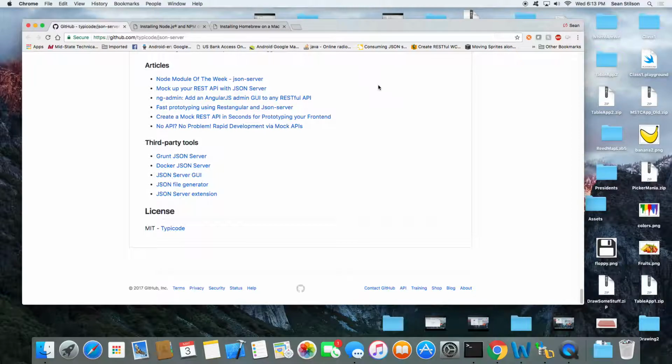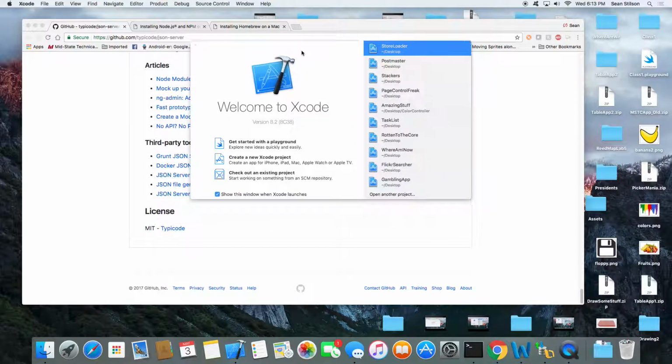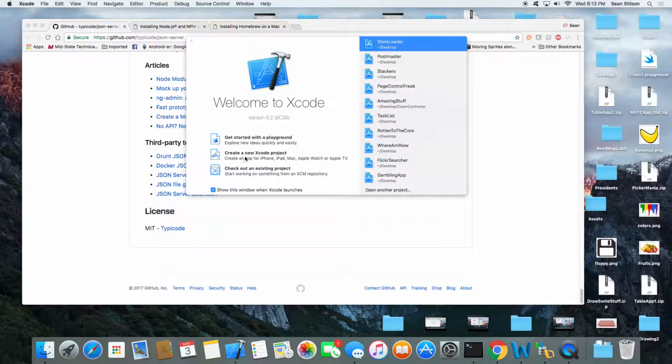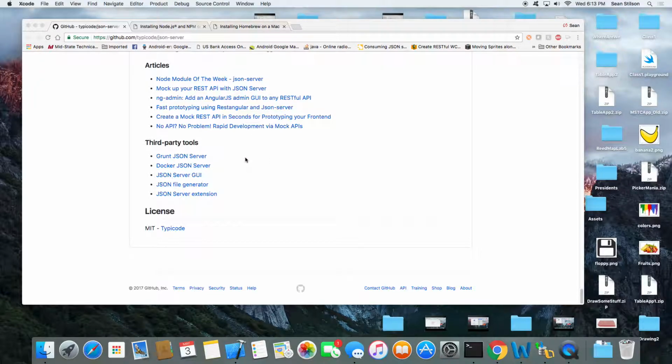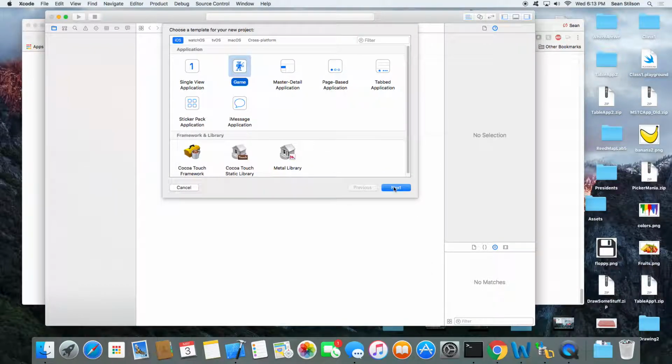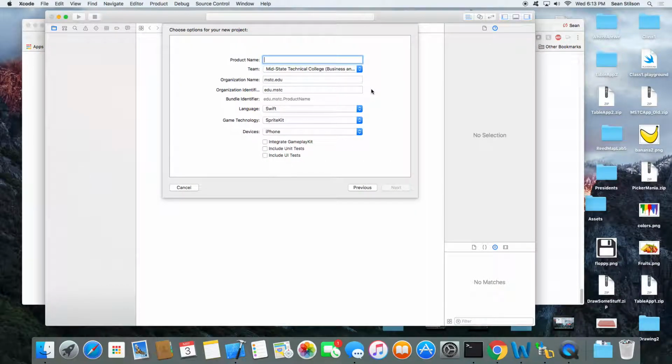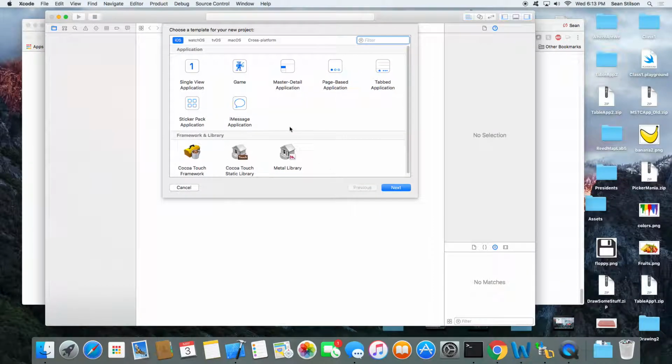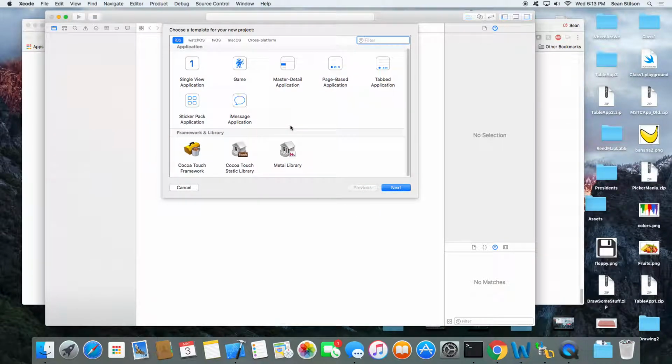All right, so tonight, start up Xcode, and we will create a new Xcode project. Don't tell me, that's a game one. It is a game one. How did you know? It is a game one, so for your template, make sure you select game, not the single view. We need to integrate gameplay kit. What's that? There's an integrate gameplay kit option. On the next screen.